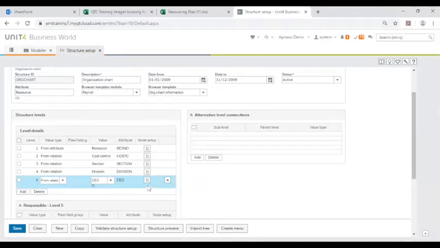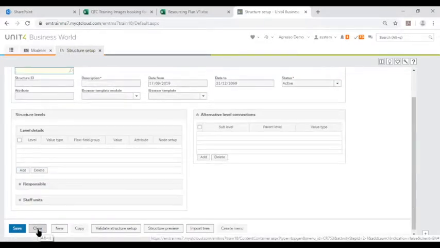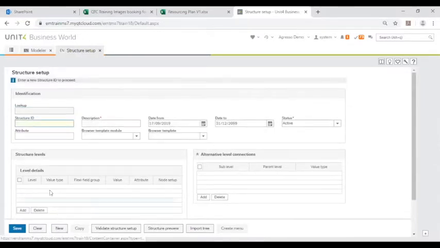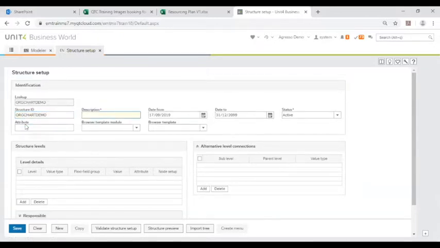What we're going to do now is clear the screen and we're going to build our own organizational chart. So I'm going to click clear. By the way, I shall mention all these in a moment. So I'm going to click clear and I'm going to click new. And we're going to build an organizational chart demo. So I'm just going to do org chart demo,